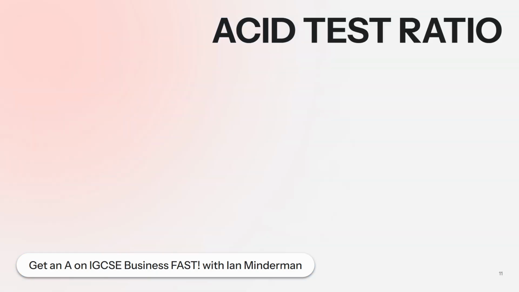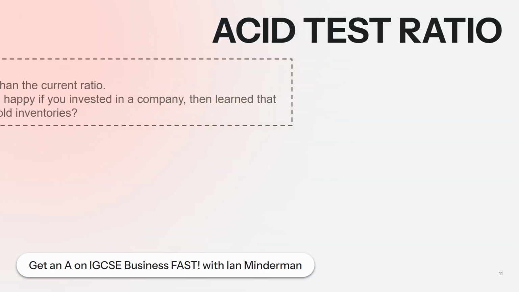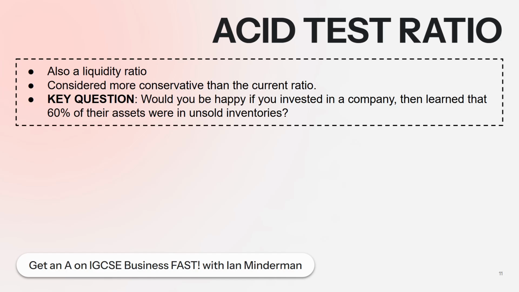Next, we have the acid test ratio. I know that sounds kind of metal, but it's really not that cool. Acid test ratio. So this is also a liquidity ratio. And it's basically the same thing as the current ratio, but it's a bit more conservative. Here's a key question for you: would you be happy if you invested in a company, then learned that 60% of their assets were in unsold